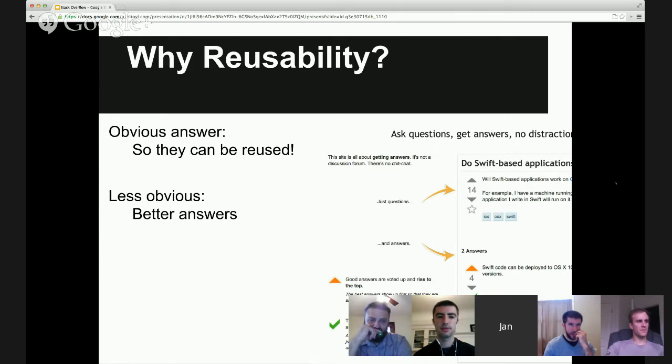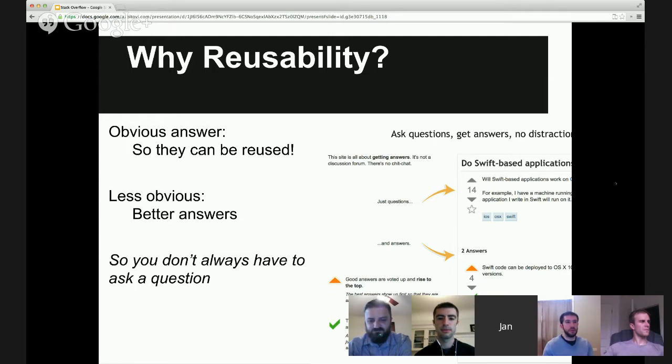As soon as you start thinking about how other people read your question, someone who's trying to answer your question is going to be able to give you a lot better answer. They're going to be able to answer it faster, probably in more detail, and hit exactly the right thing you want. And also in the longer term,